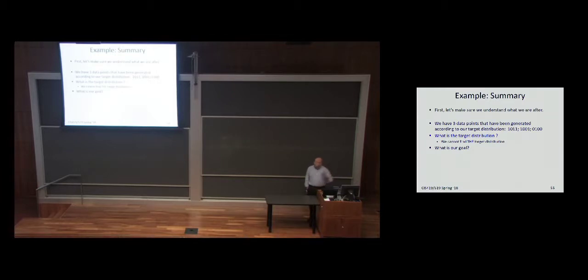Now, if I only have these 3 data points, I cannot make predictions. Because all I know is that the probability of 1011 is non-zero, the probability of 1001 is non-zero, and 0100 is non-zero. Maybe I know that it's a third for each, I don't know. But I cannot make predictions. In order to make predictions and new data points, I have to make assumptions. Where is this coming from? And these assumptions will allow me to make predictions on data points I've never seen before.